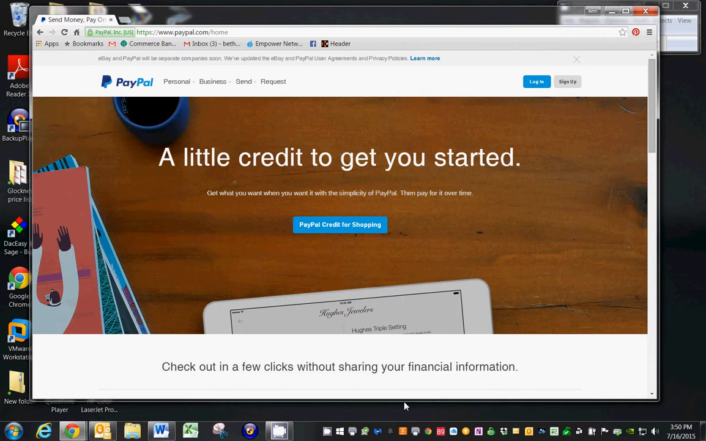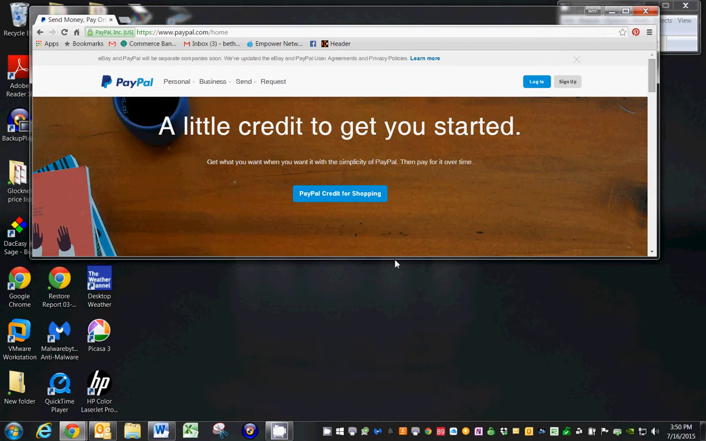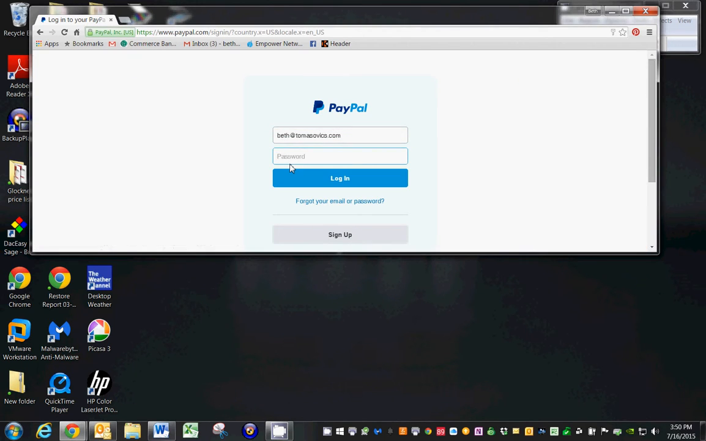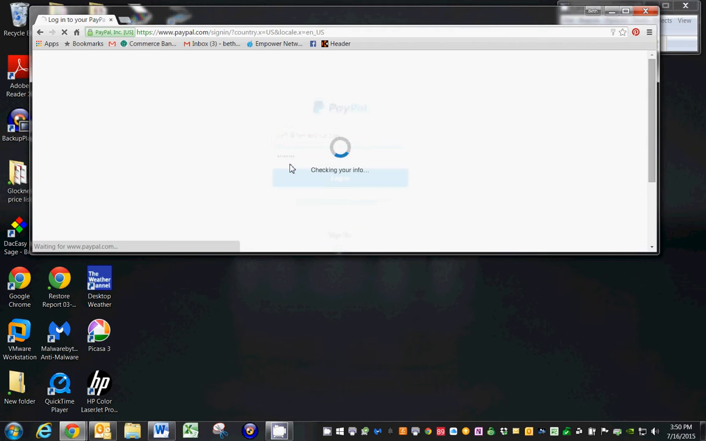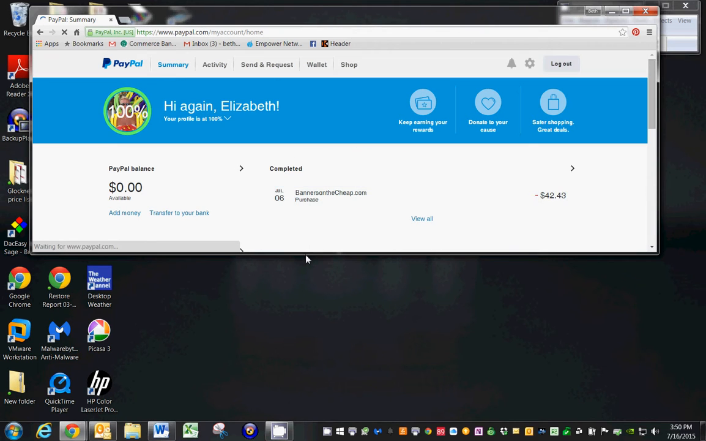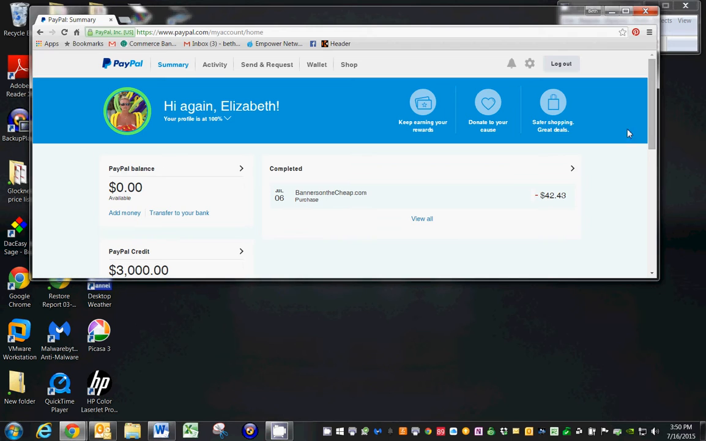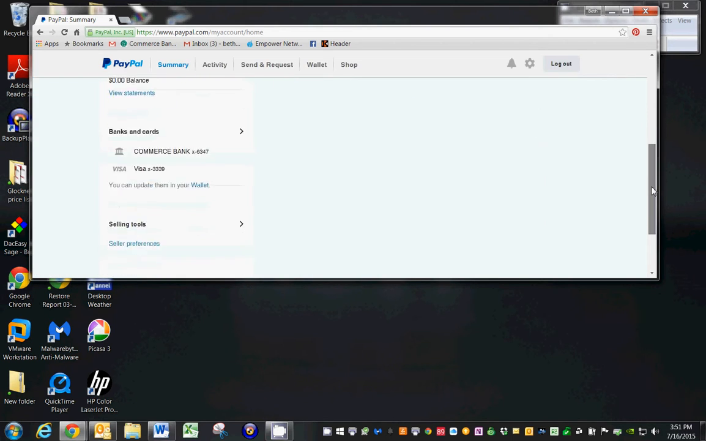I'm going to minimize this just a little bit because there's some information in there that I don't want to really show to the entire world. So I'm going to hit log into my account and I'm going to put my password into PayPal. And in 1 second we will see this. Okay. If you scroll down on this page, you will eventually get to